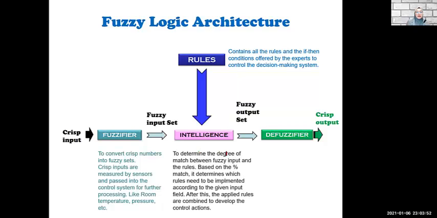To determine the degree of match between fuzzy input and the rules. Based on the percentage match, it determines which rule needs to be implemented according to the given input field. After this, the applied rules are combined to develop the control action.